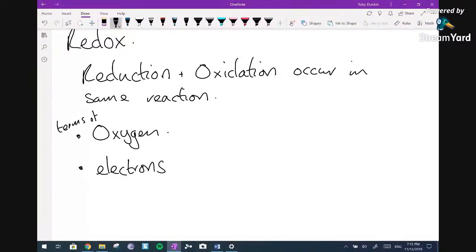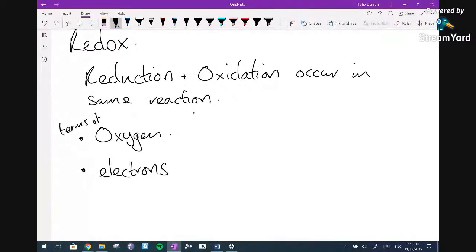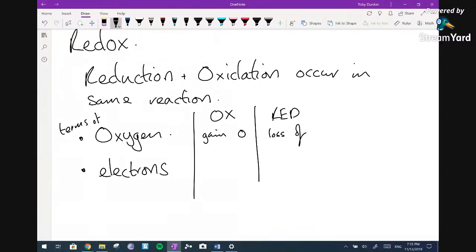So we can say that oxidation is the gain of oxygen, and reduction is the loss of oxygen. We can also say in terms of electrons, oxidation, this is where I always at this point write in my words that I can't move away from, and I need to encourage you guys to do the same. This is a really nice fundamental